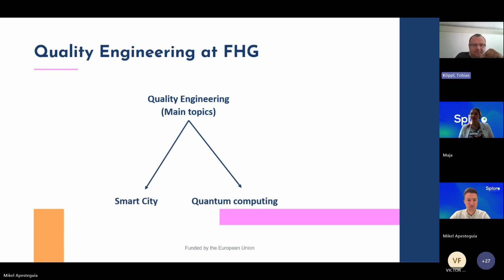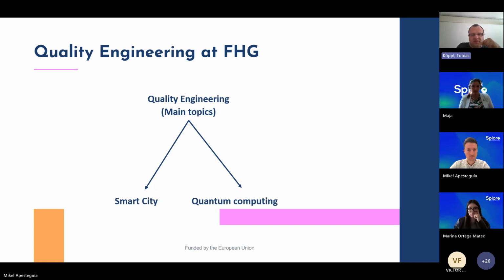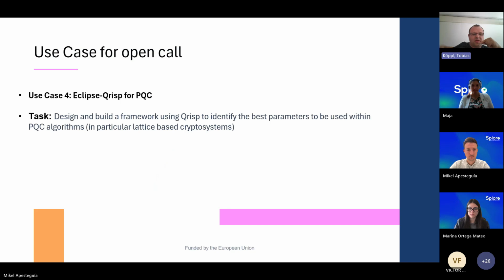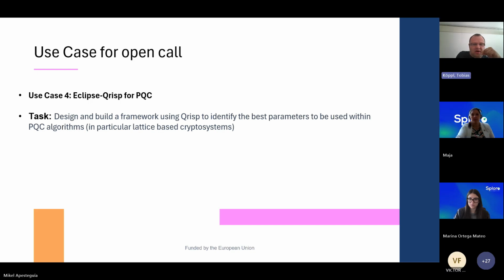Next slide, please. Both of us belong to the section Quality Engineering at Fraunhofer FOKUS, which is mainly focused on smart city applications and which is in particular important for quantum computing. Next slide. And the task we want to present for this use case is to design and build a small framework using our software Qrisp to identify parameters that could be used to make PQC algorithms, in particular lattice-based cryptosystems,